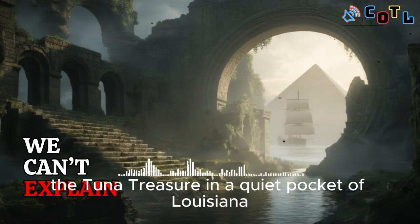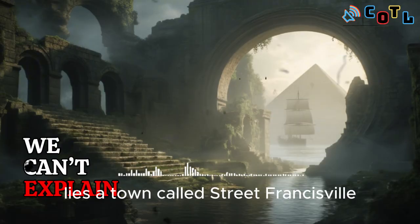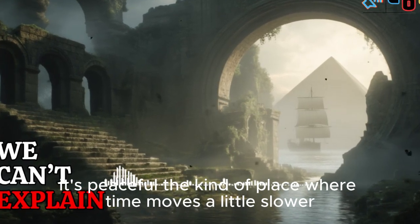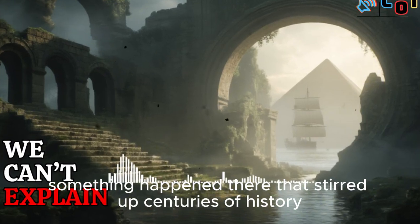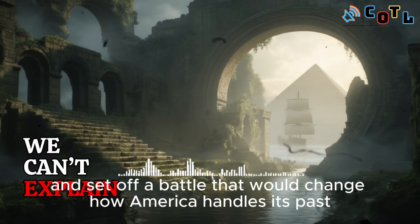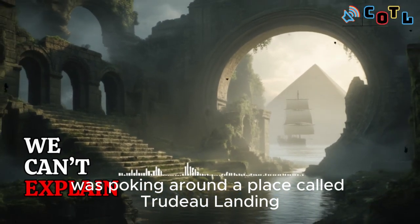The Tunica Treasure. In a quiet pocket of Louisiana, tucked near the Mississippi River, lies a town called St. Francisville. It's peaceful, the kind of place where time moves a little slower. But in the late 1960s, something happened there that stirred up centuries of history and set off a battle that would change how America handles its past. The story begins in 1968 when a man named Leonard Charrier was poking around a place called Trudeau